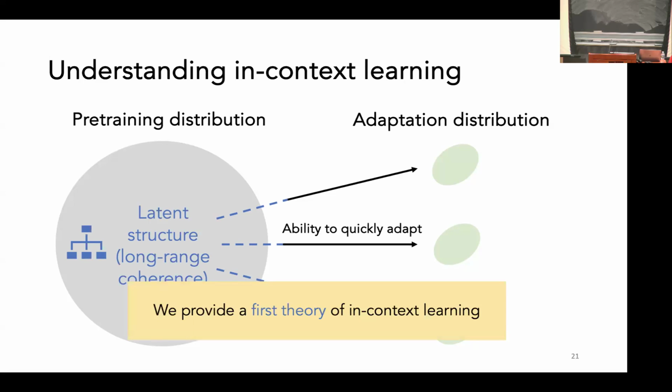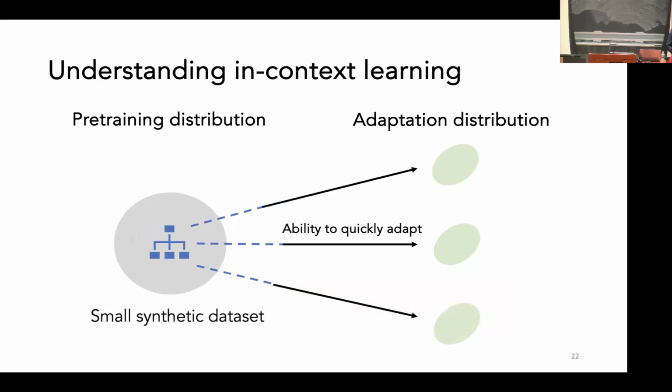And our contribution is in providing a first theory for in-context learning. We can use this understanding to construct a small synthetic data set with the same latent structure, where if we pre-train models on this synthetic data set, we also elicit this in-context learning behavior.